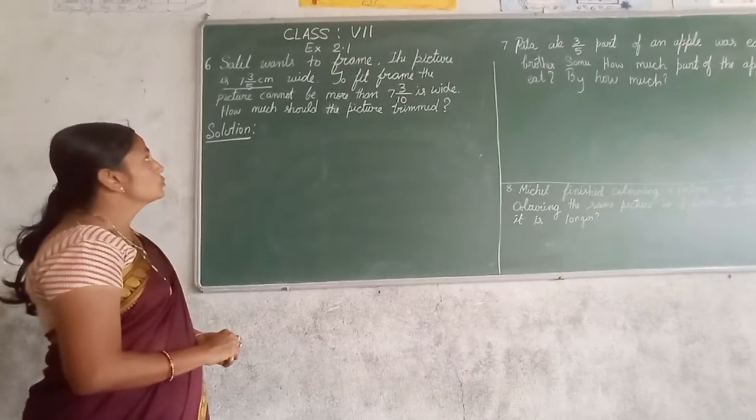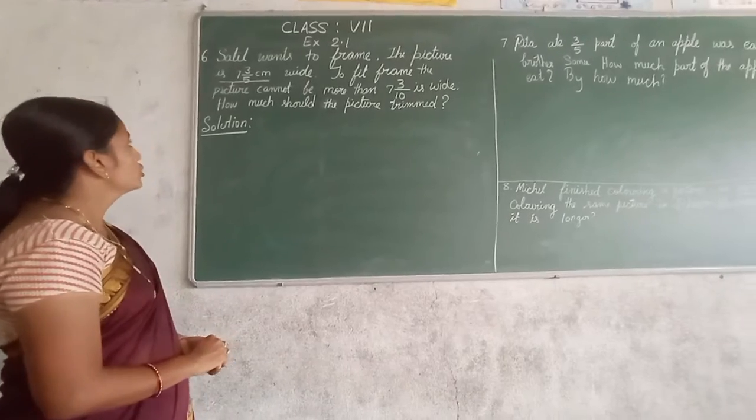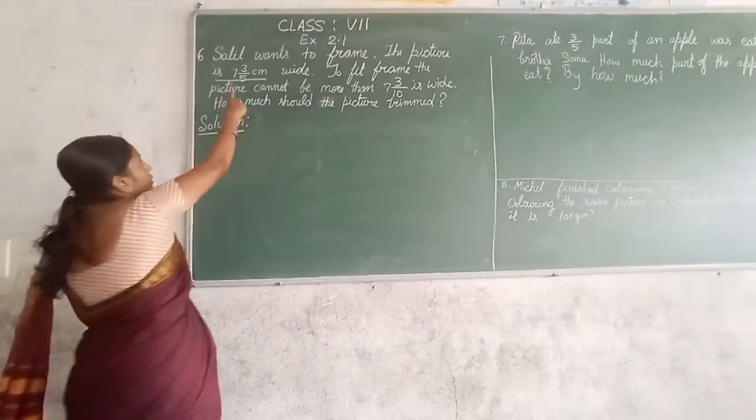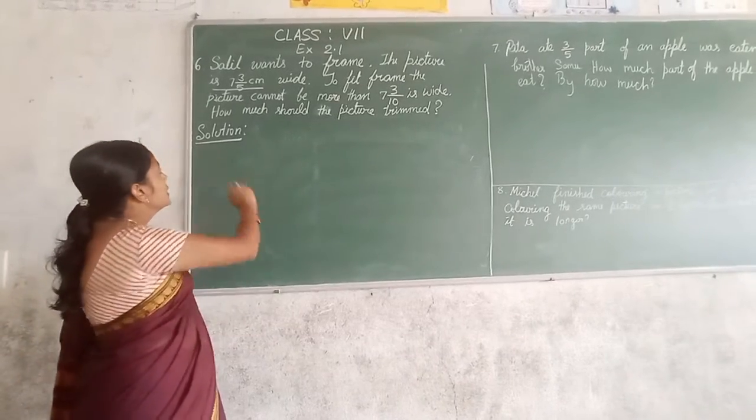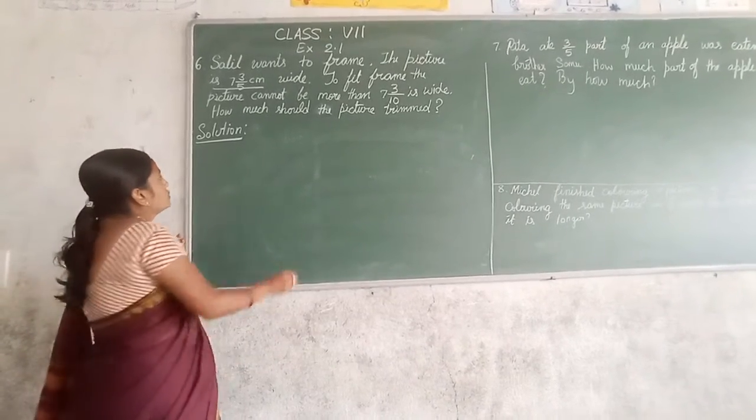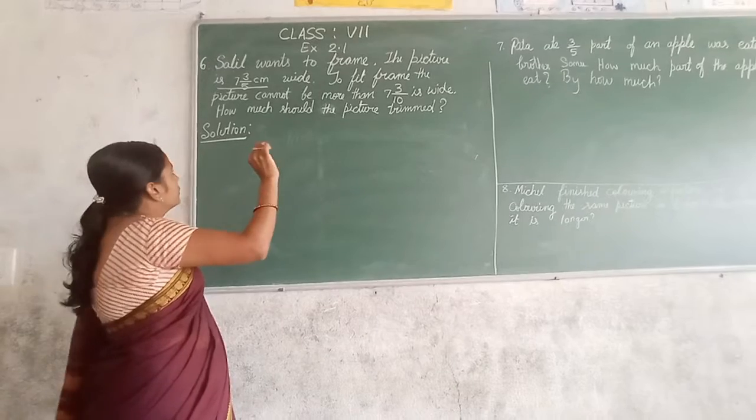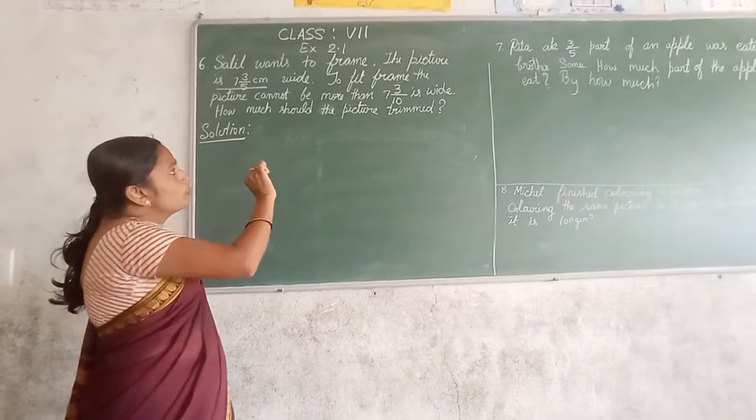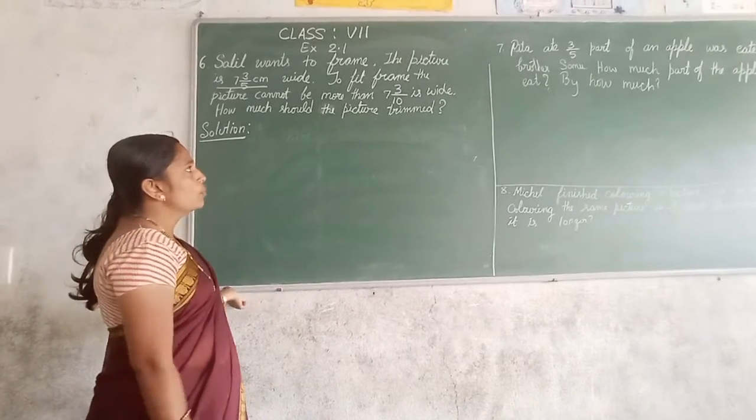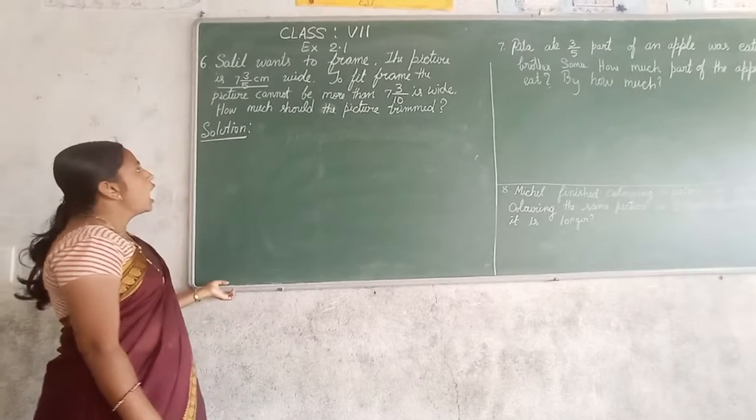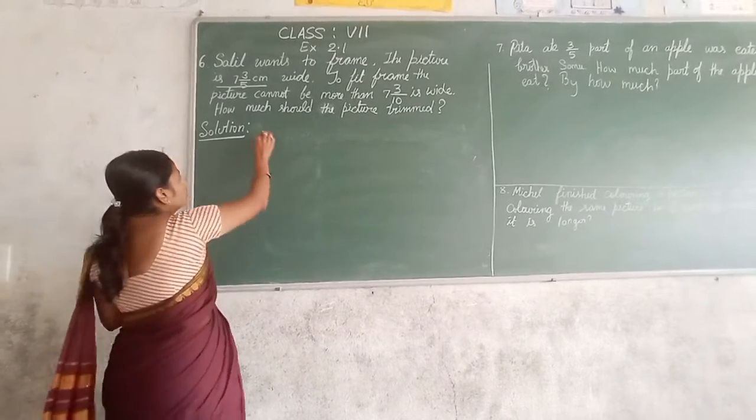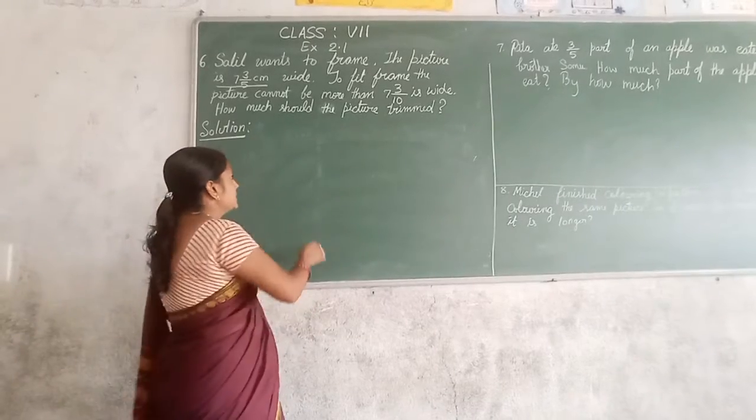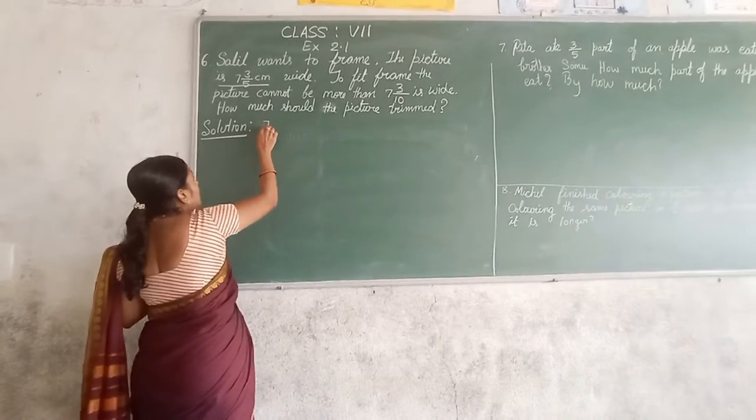Sally wants to frame a picture. The measurement of the picture is 7 3/5 centimeter. To fit the frame, the picture cannot be more than 7 3/10 centimeter. How much should the picture be trimmed? Whatever is given, let us get down first. The picture